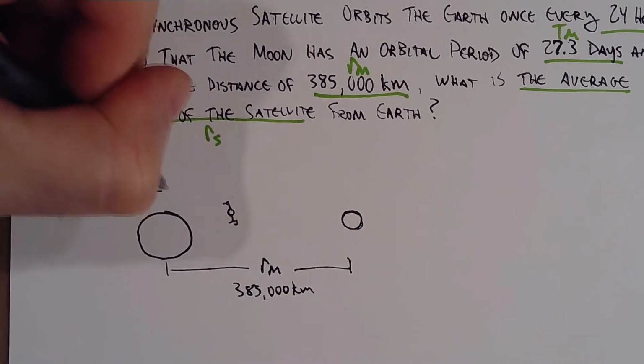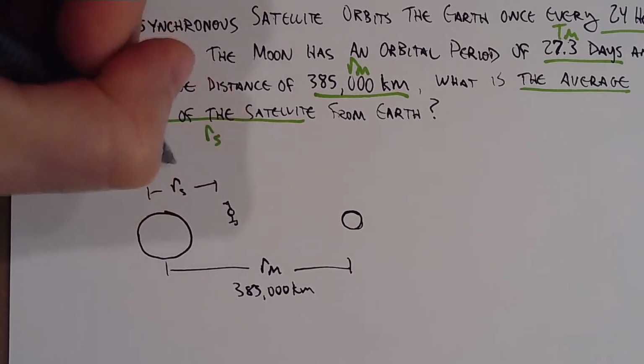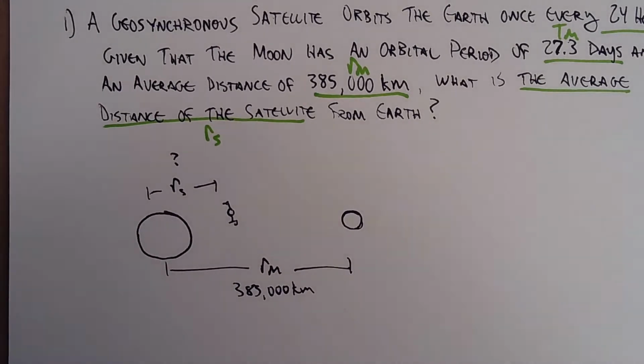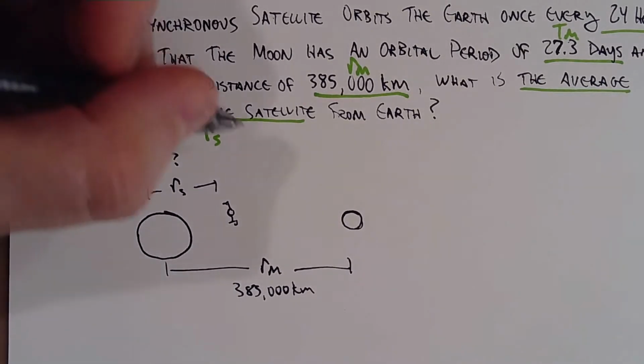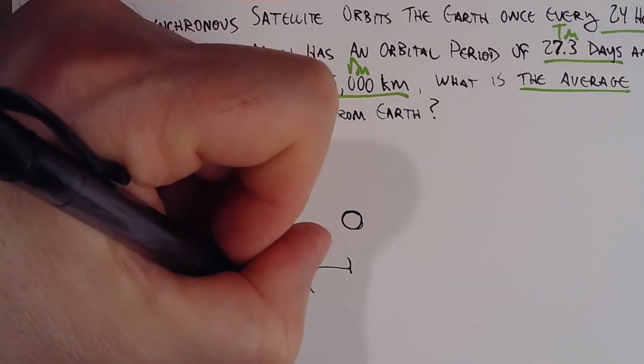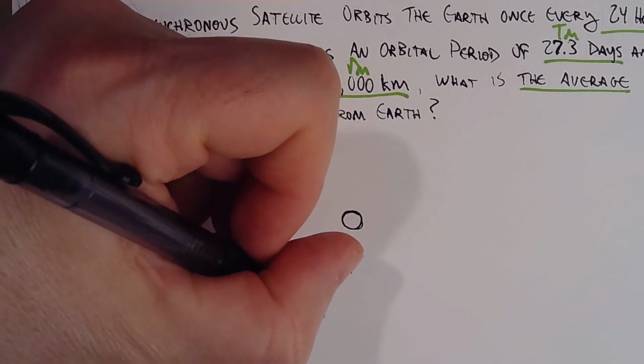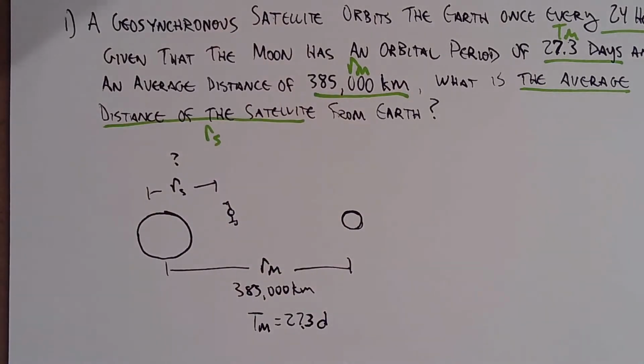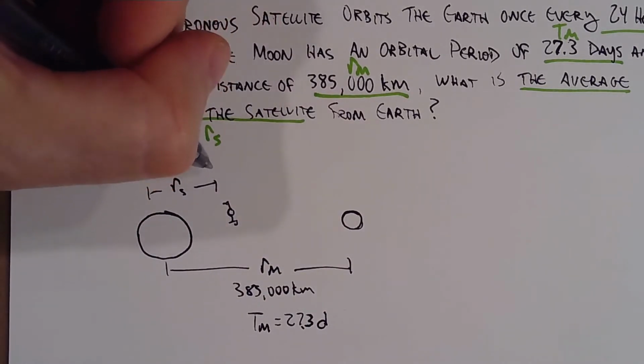We know the Earth to the satellite is our unknown. We also know that the orbital period of the Moon is 27.3 days, and the orbital period of the satellite